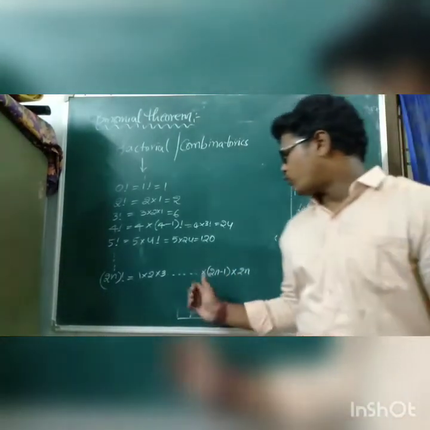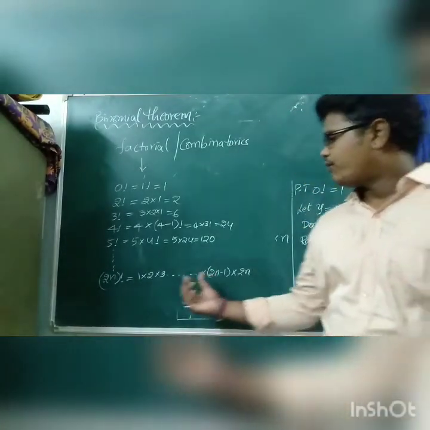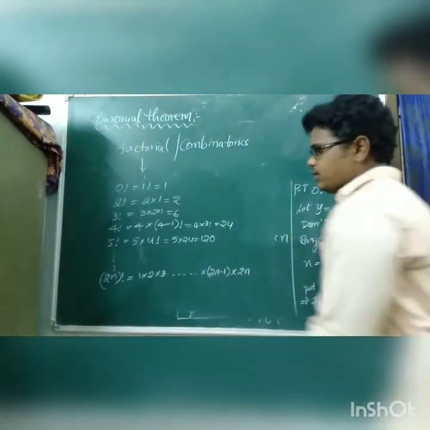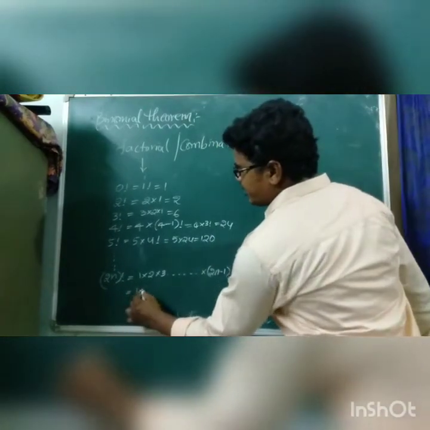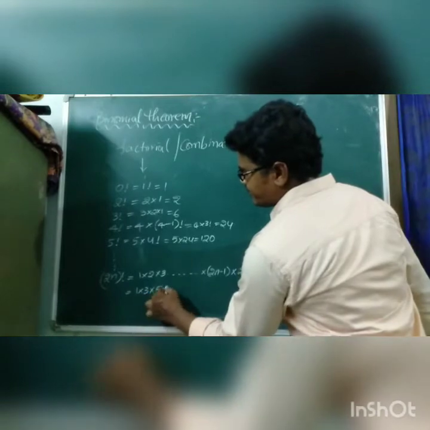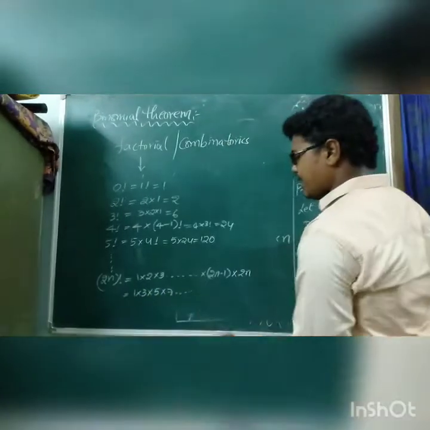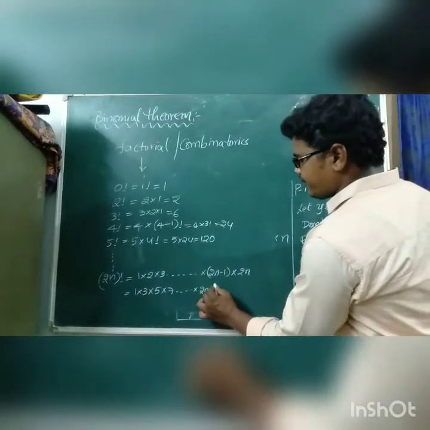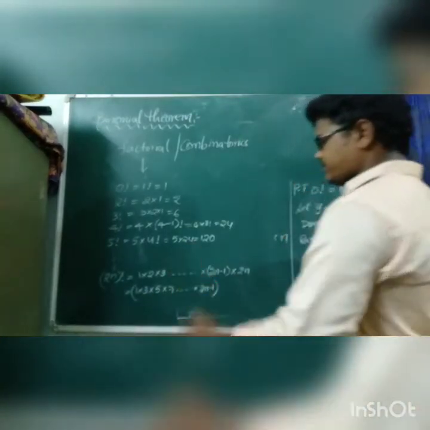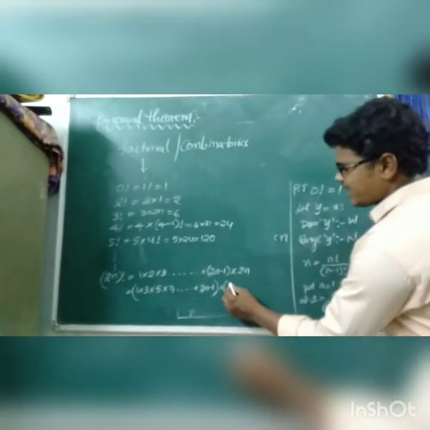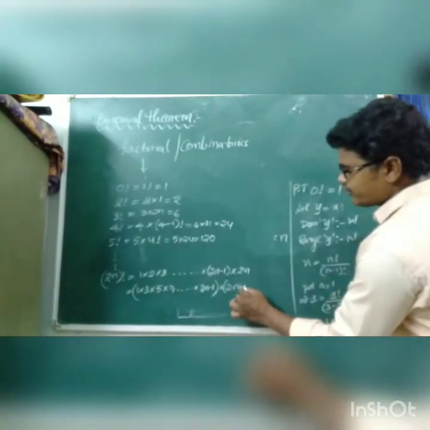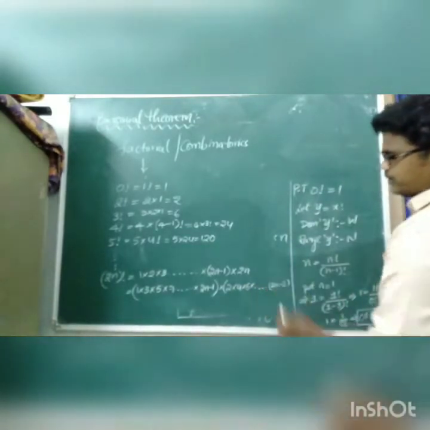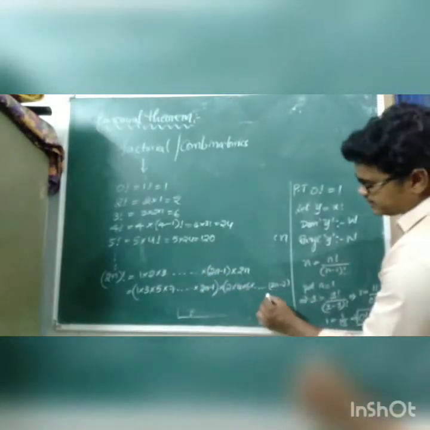Okay guys, now we do one thing: we separate the product of odd terms and the product of even terms. Firstly, I am taking the odd terms: 1 into 3 into 5 into 7 and so on, and the last, 2n minus 1, is odd. We separated all the odd products, and next the even products, started from 2 into 4 into 6 and so on, 2n minus 2, before 2n minus 1, the next into 2n.